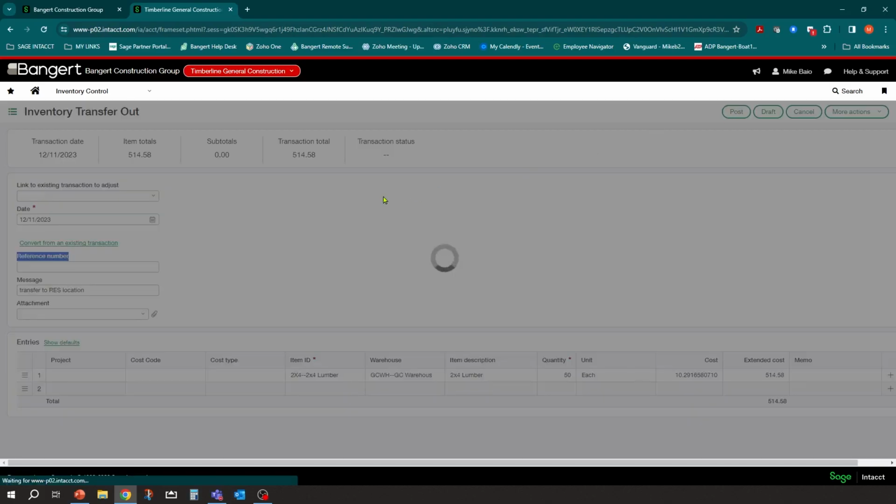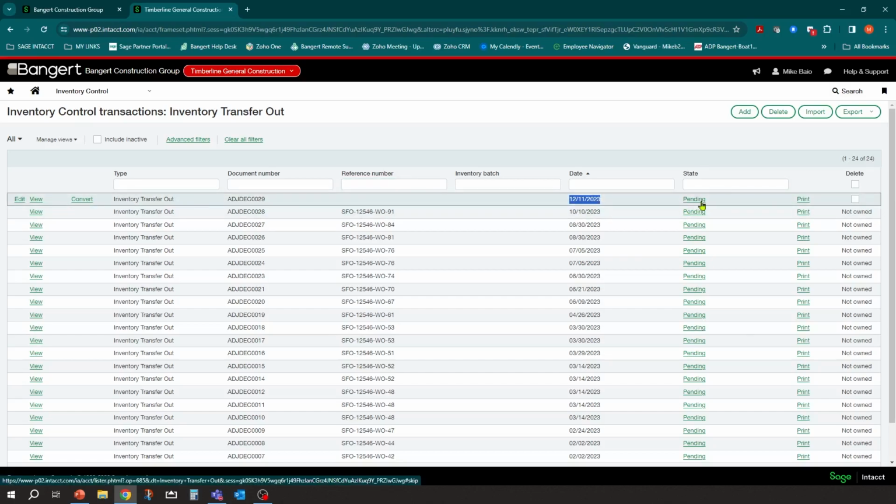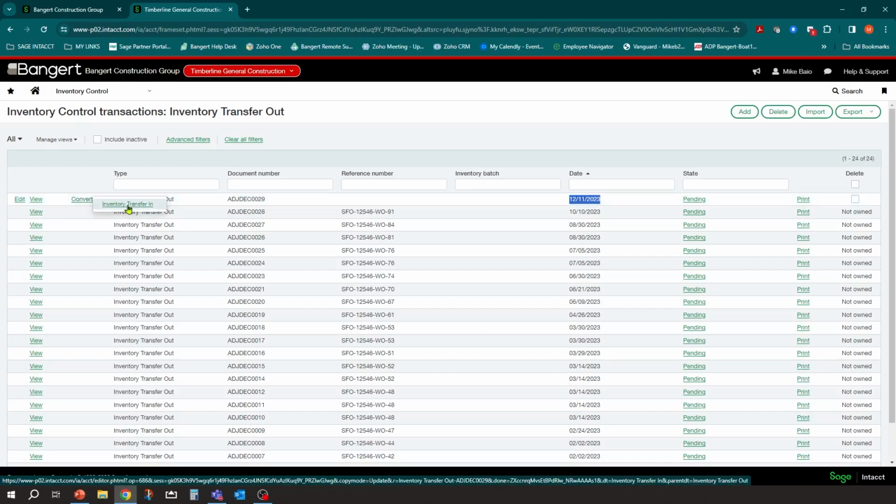And so notice what I'm doing here is it's only doing the one side of the entry. So you'll see there's my inventory transfer out, and there's my date, and it's pending because I haven't converted it. So then you'll have this convert button here. So now I can say, let's convert that to a transfer in, because I want to transfer it into the residential warehouse.